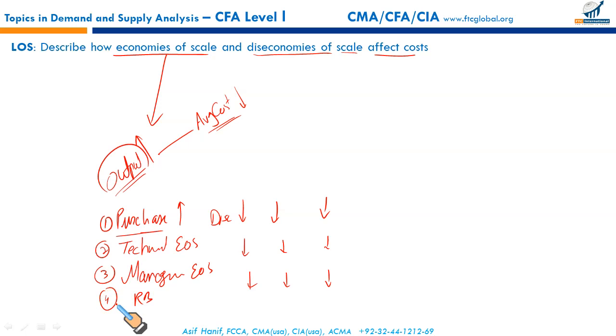And yes, one more. As a financial analyst, we must not forget that. And I should put it at the top. Financial economies of scale. This is a sin to forget this. Since you are a large business, when you go to the banker, when the banker sees your sheer size, he will offer you the credit lines at lower interest rates. Why? Because you are a better, big size customer and the default risk is low. So the banks will charge a low interest rate. This lower cost of borrowing would reduce your overall cost, and hence your overall cost per unit will fall. This is called the financial economies of scale.